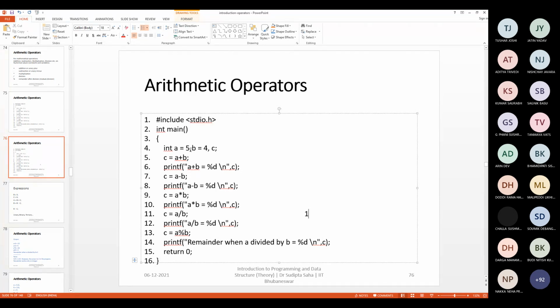Yeah, so if it is 4, then 4 by 5 is a fractional value. And if you multiply that fractional value by some other bigger number, say you multiply this with, say, 100.